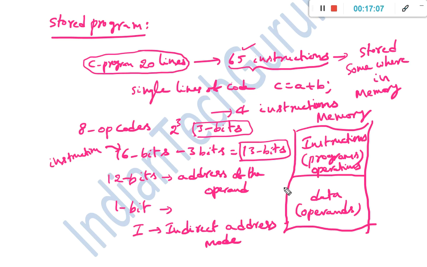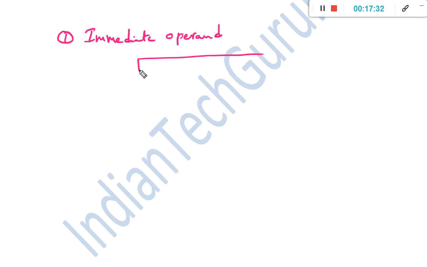Okay, so basically there are 3 different categories of addresses. The first one is immediate address, immediate operand. Let us say the entire structure, whatever we discussed till now.